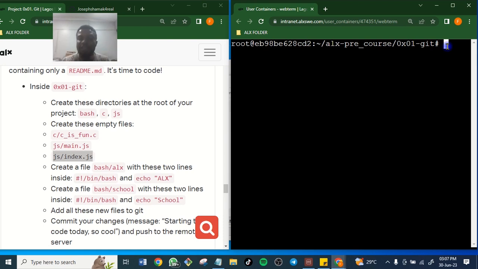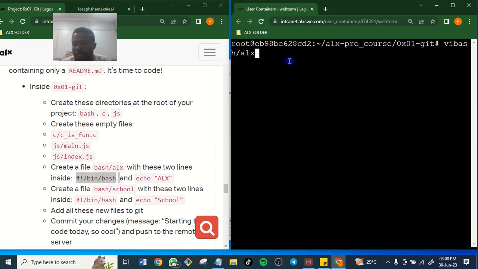It is already an empty file. You just go out of it. But you want to put something inside. So let's create it by saying vi bash/alx. Okay? We now want to input these two lines in it. That's what we want to do. So let's do that now.